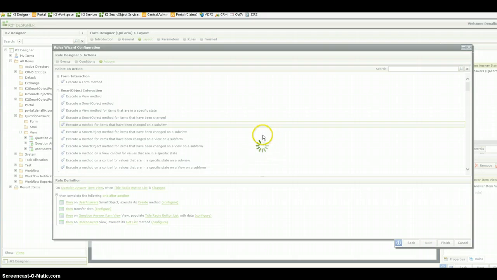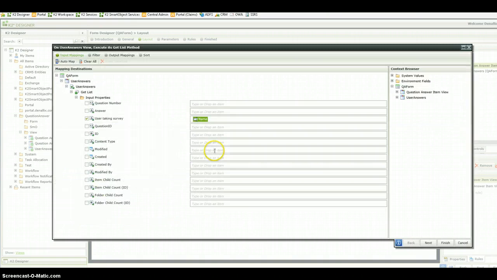right now, just to experiment with this, if I'm the person that's taking the survey. So I said system value, so I just use that again. I said current user, and I dropped the name in. Get list is a pretty powerful function. You could drop in any of these variables, and you'd be good to go. So let me stop this video and we'll move on to the next